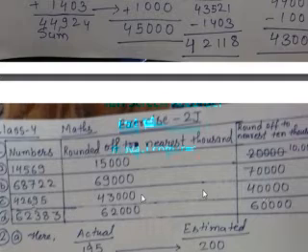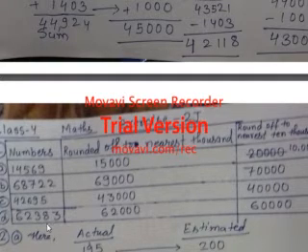If you look at the last one, that is 62,383. In the hundreds place, there is 3, which is less than 5. So nothing will be added, and all will become 0. So I have written 62,000: thousands place, hundreds place, tens place. In the same way, when rounding to the nearest 10,000, we look at the thousands place, and there again is 2, which is less than 5, so nothing will be added in the 10,000 place and it will become 60,000. This is how to do question number 1.